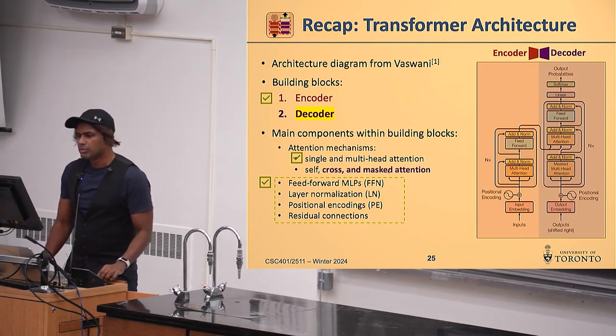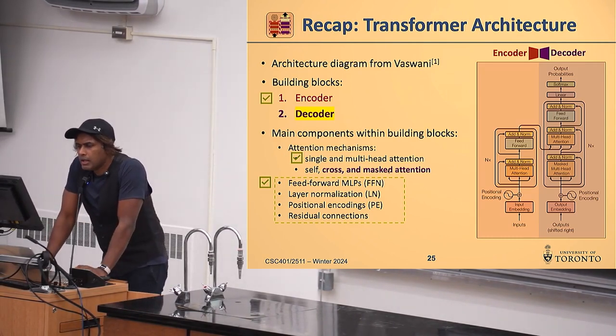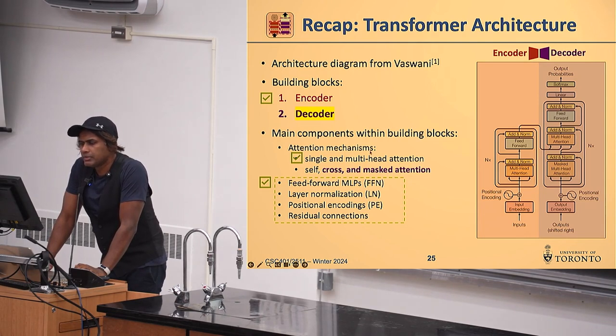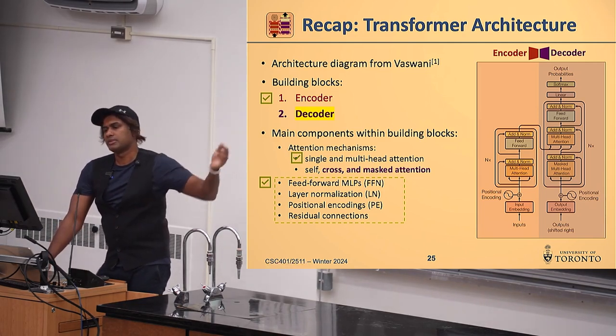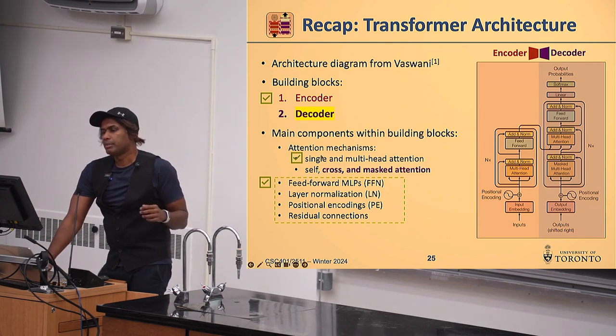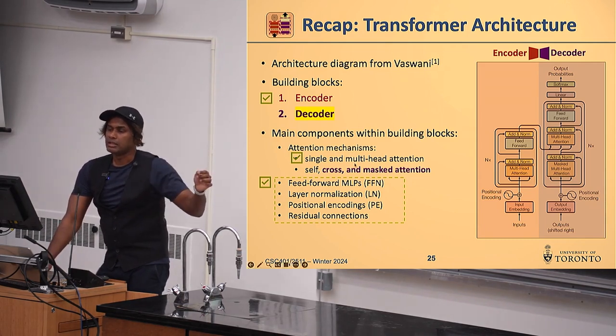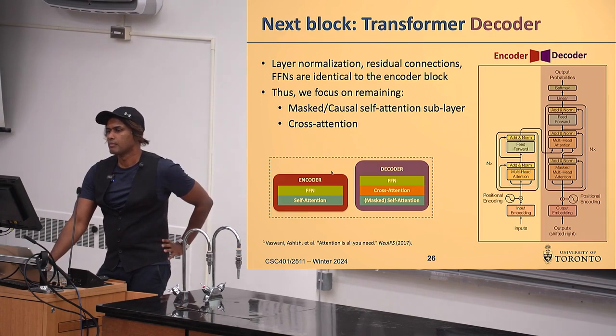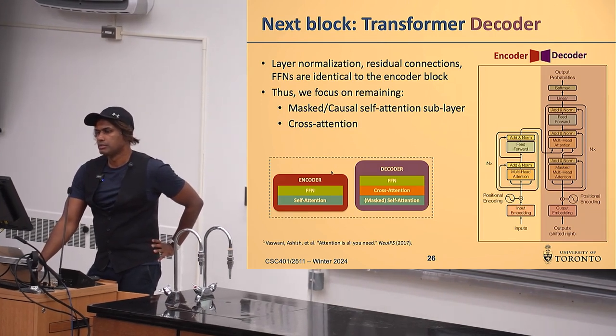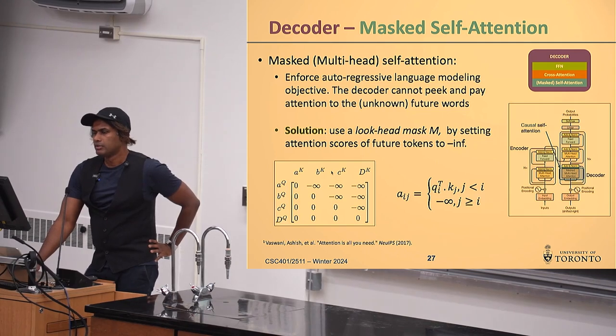Okay, so the check marks are items that we have talked about so far, and the only thing remaining is now the decoder. And in the decoder, we're not going to repeat the same sublayer blocks. So I'm not going to talk about the decoder's feed-forward network because it's the same sublayer block. I'm only going to talk about the things that are nuanced in the decoder, which is the masked self-attention and the cross-attention piece, which is between encoder and decoder attention. Okay. So masked self-attention,